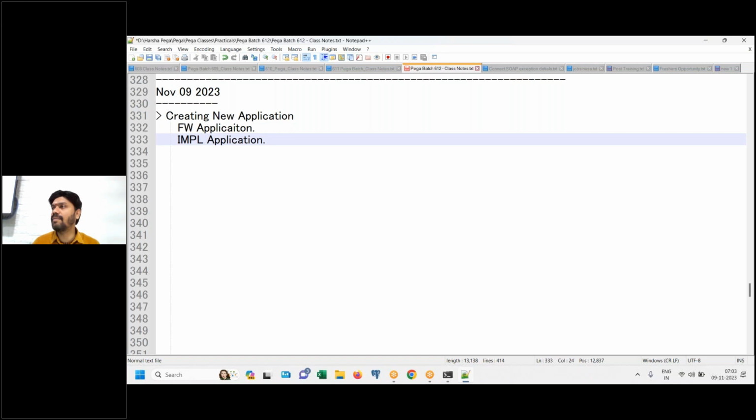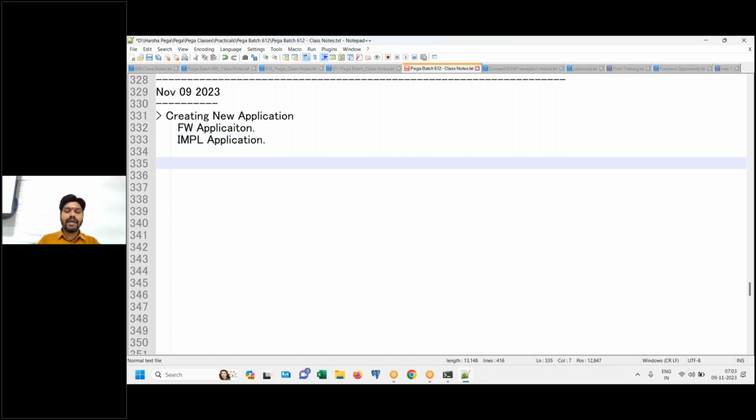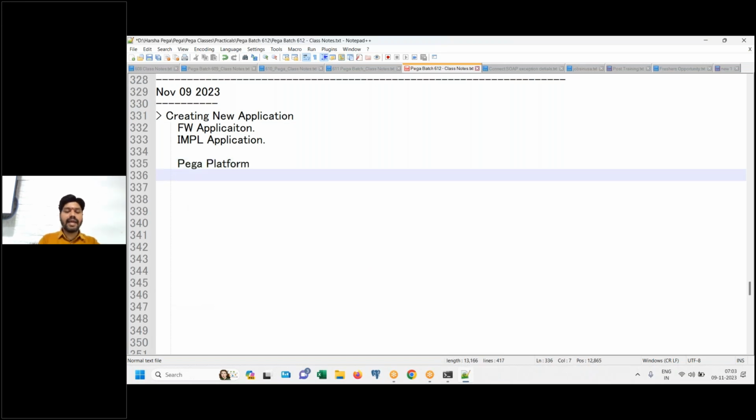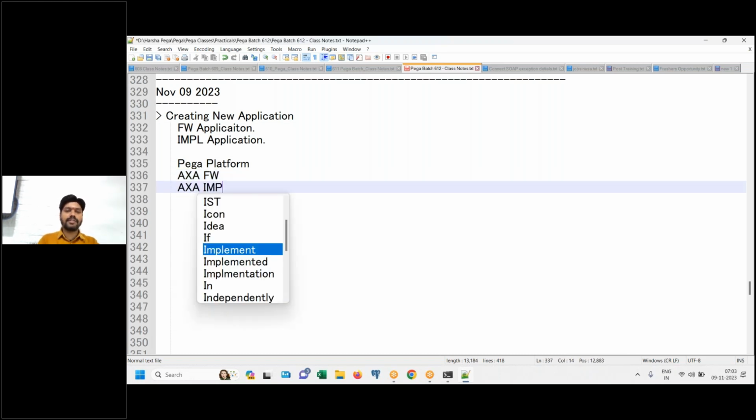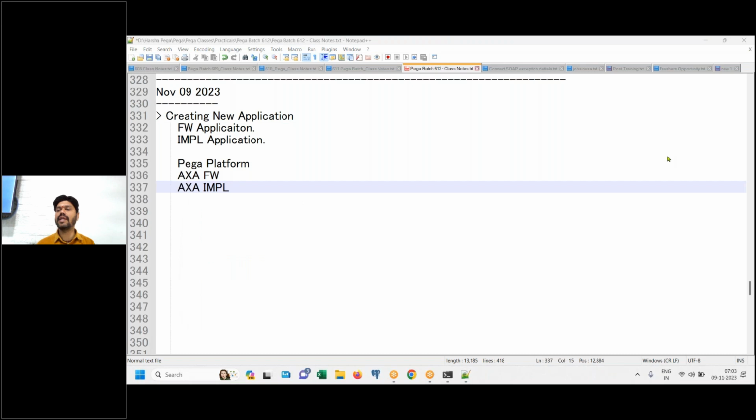We got how many layers of applications? 3 layers. One is Pega platform, second one is AXA framework, and third is AXA implementation. These 3 layers we got.